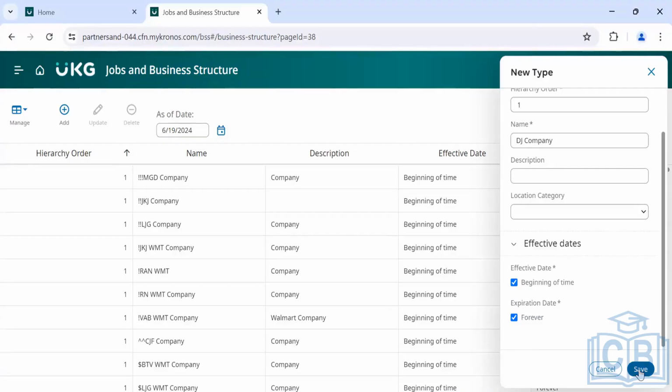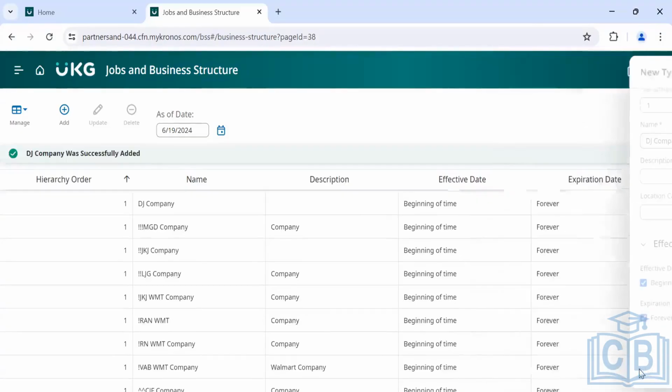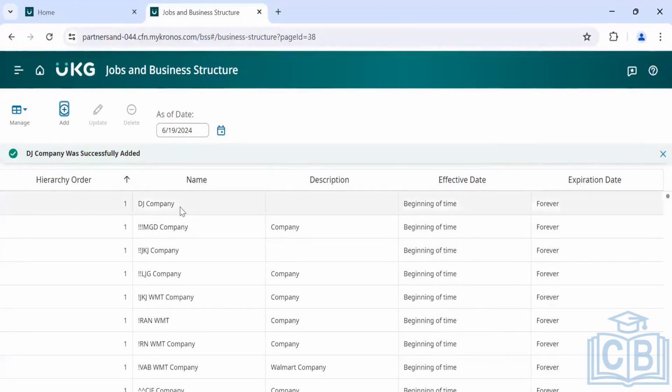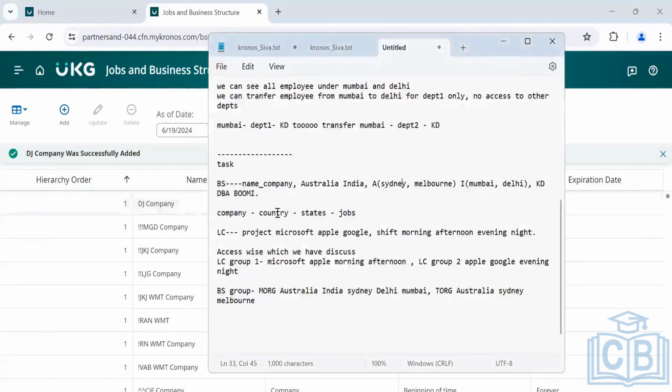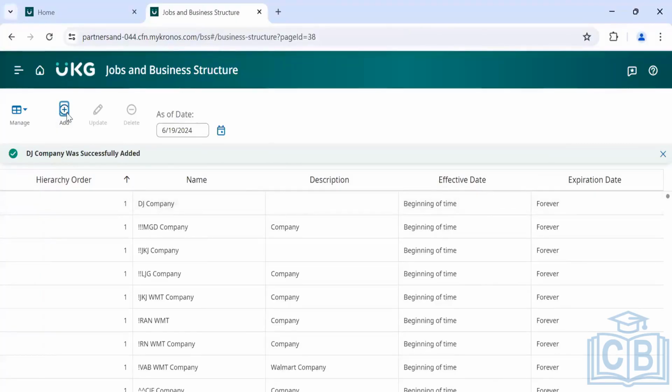Let's see whether it's taken, because there are lots of ones over here. DJ company was successfully added. Now DJ one over. Now what's the next thing? We need to add country. We'll again click on add,